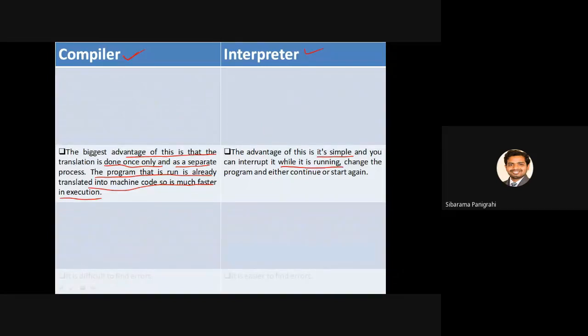So you see, if I write, I go to college, I eat rice, while you are translating it, you can also change this to, I eat dal. So here you can change it while you are executing it in case of interpreter.